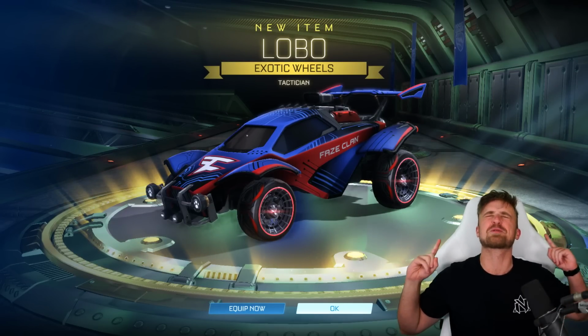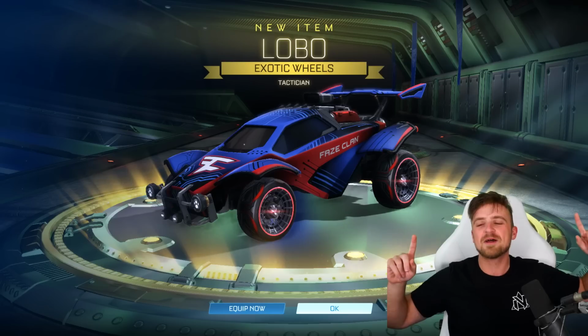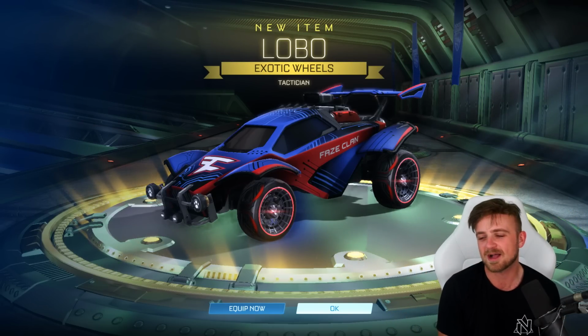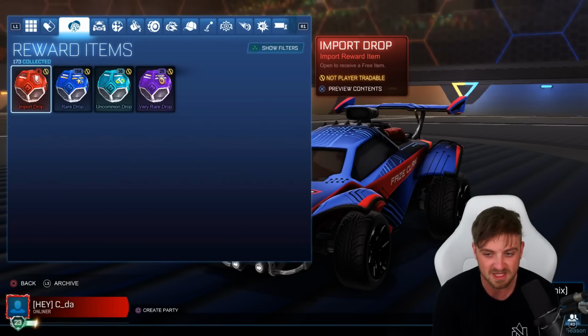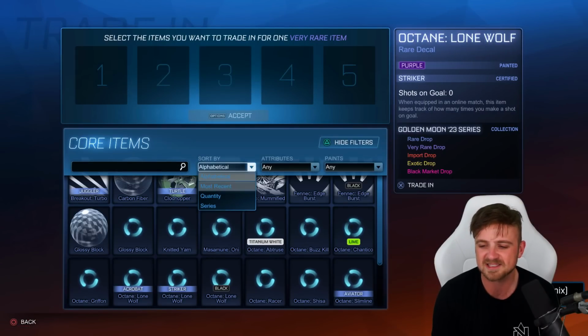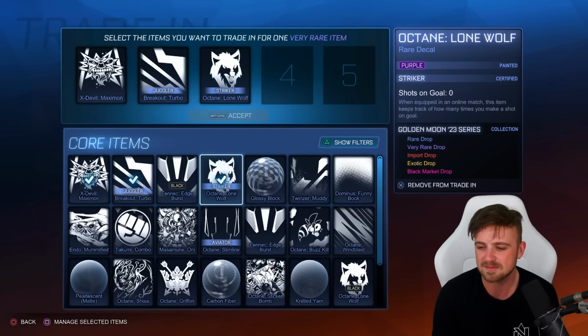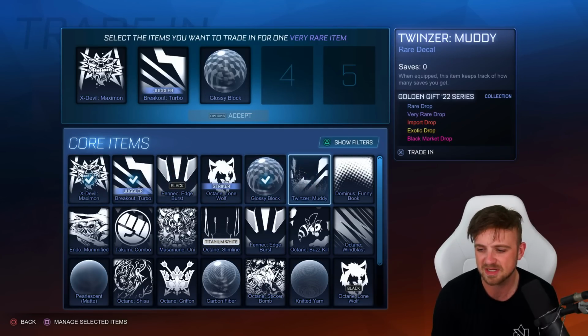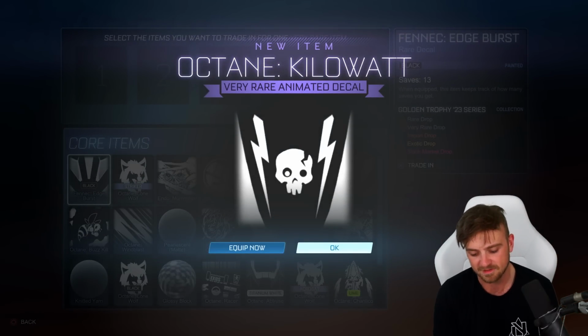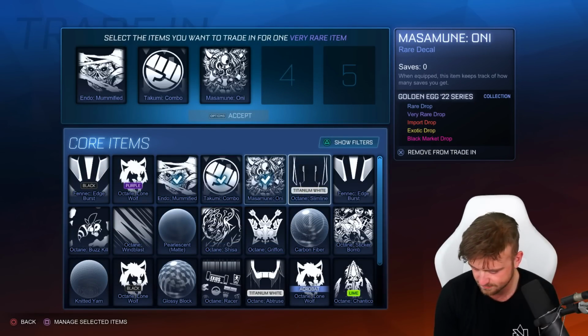But we have the Crimson Lobos, the wheel that is worth 5 million credits. If you know, you know. I can't wait for the comments to say they're not crimson, but if you clearly just don't know, that might be the brilliant wheel that takes us up to where we need to be in terms of trade ups. I'll keep all that. Let's trade up this and this back. What's going on here? Bang. Okay, kilowatt. Moving on to...